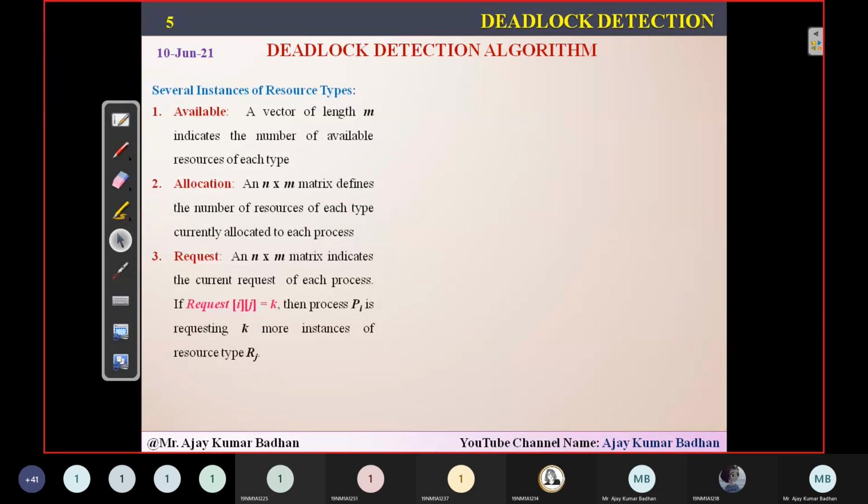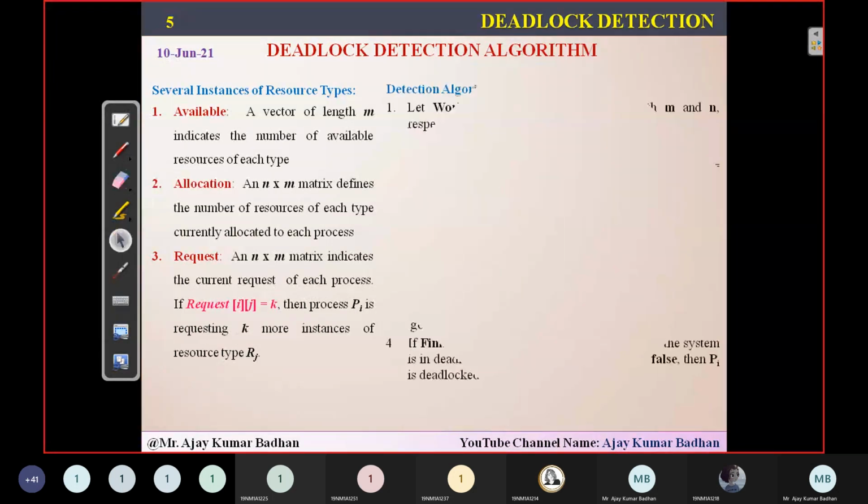But when we have multiple instances, we cannot apply this, so definitely we have to use some algorithm. These are the data structures we are going to use here, similar to the ones we saw in the previous session on deadlock avoidance. So we have Available here. The only difference is that we will not have a Need matrix. We only have Available, Allocation, and Request. Request is something new, and based upon this Request only, we are going to perform all the different operations in this scenario.